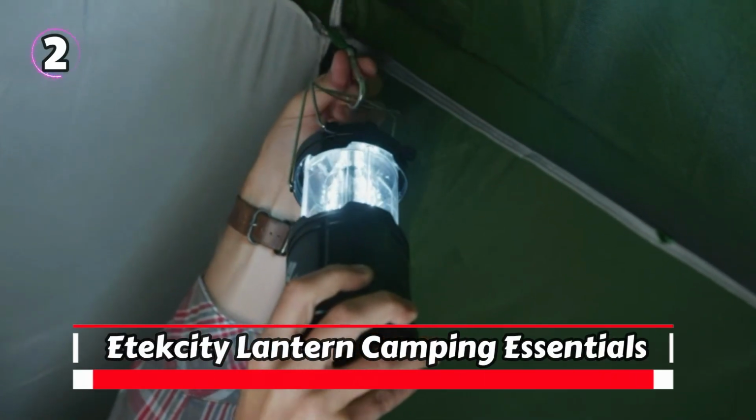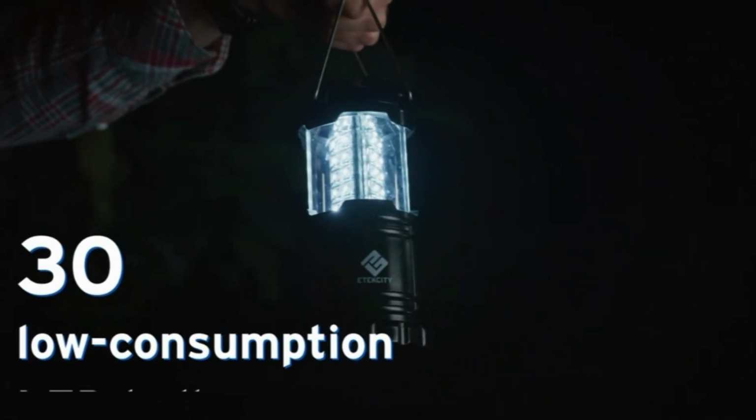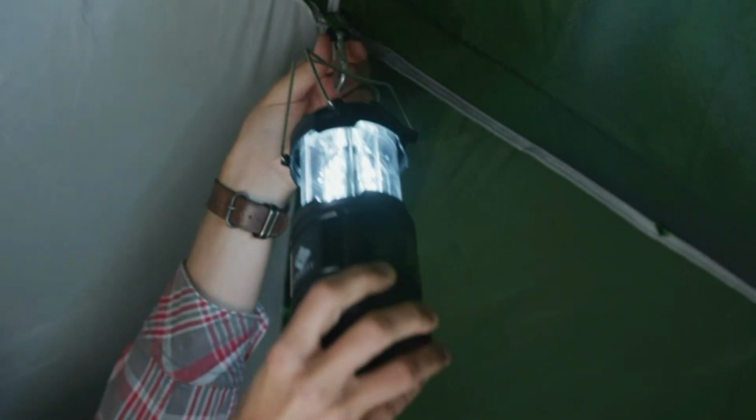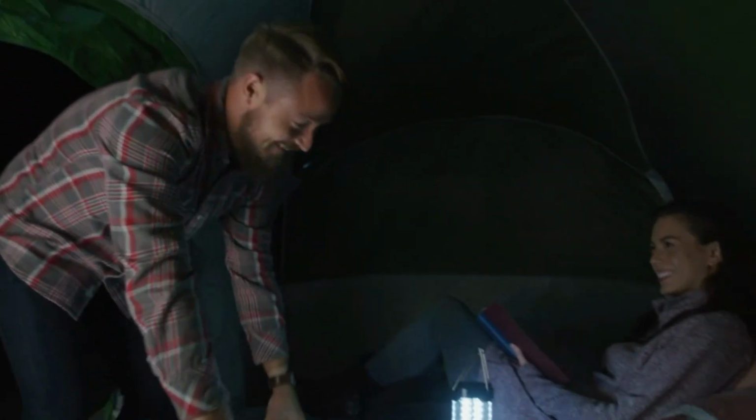Number 2. Etekcity Lantern Camping Essentials. Just like other essential survival tools, this compact lantern is designed to provide reliable light during emergencies. Equipped with 30 LED bulbs, it offers up to 154 lumens of brightness, ensuring 360-degree lighting for power outages or natural disasters. The collapsible design